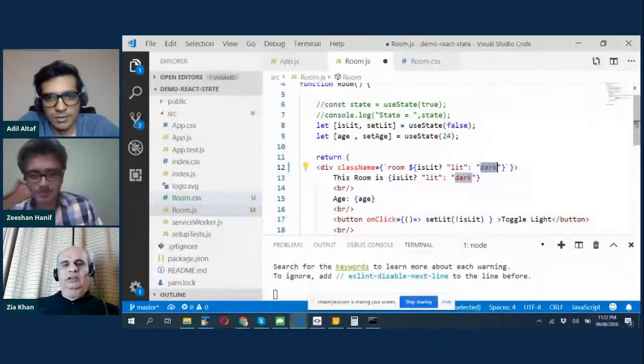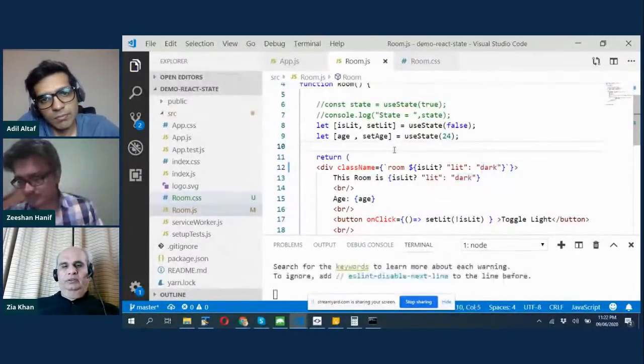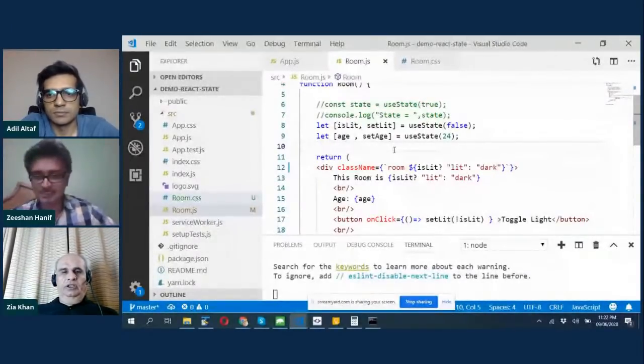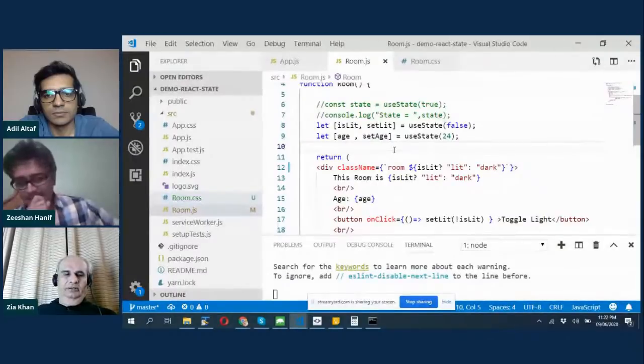Srishant, I don't understand. There's curly bracket within curly brackets. Am I right? Yes, you're starting off with a class name, curly bracket, and